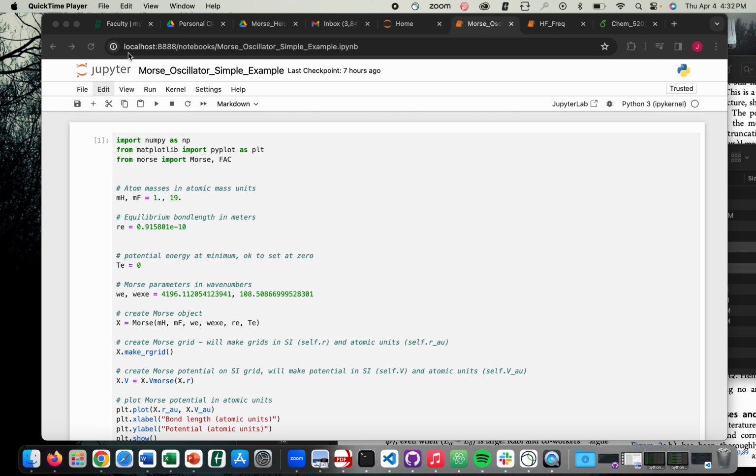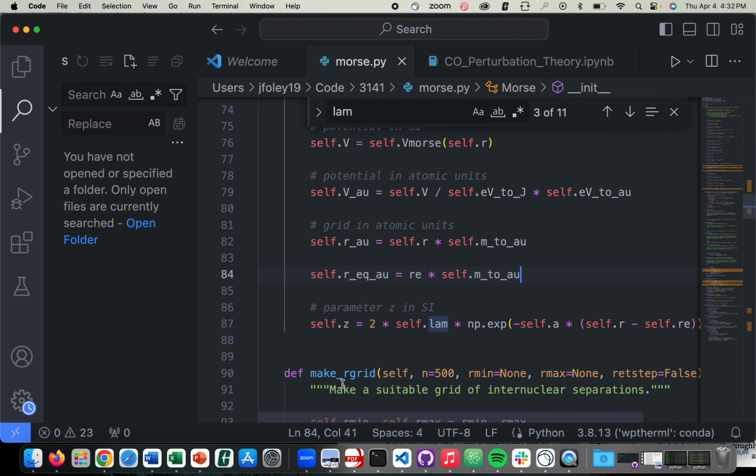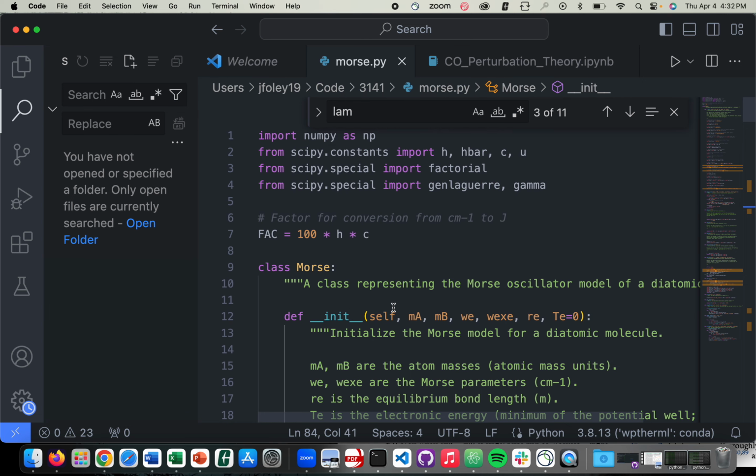All right, I just wanted to post a very quick video with something that might be helpful if folks are using the Morse oscillator model for their vibrational structure. If that is the case, there are analytic eigenfunctions for the Morse oscillator model, although they are a little bit complicated. But I found and modified this